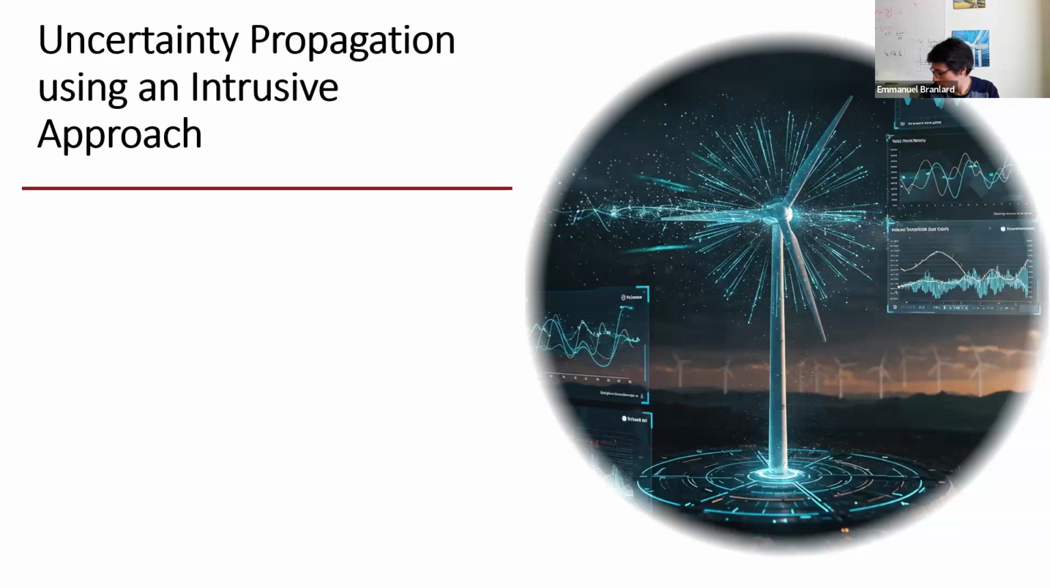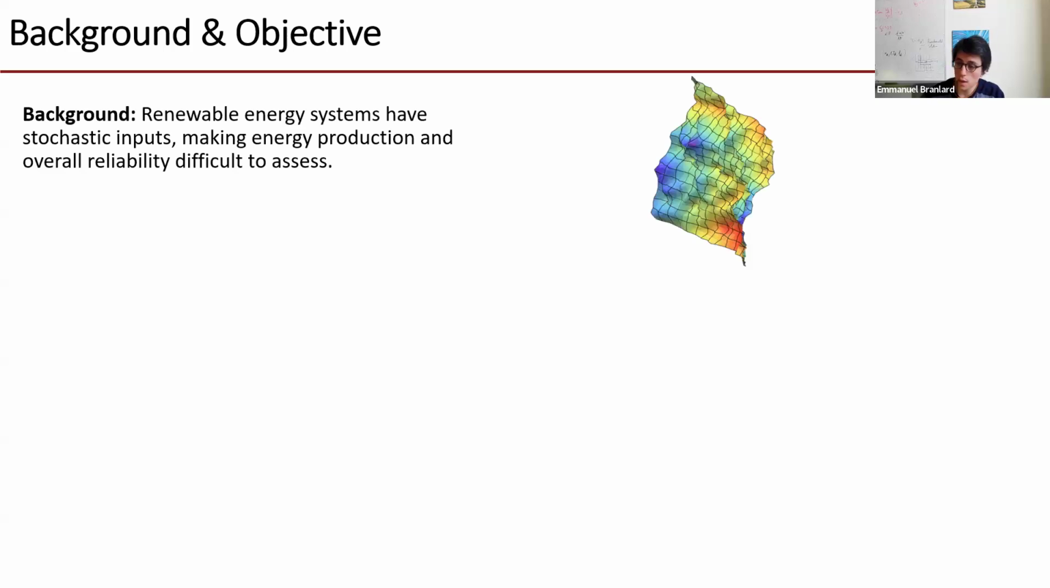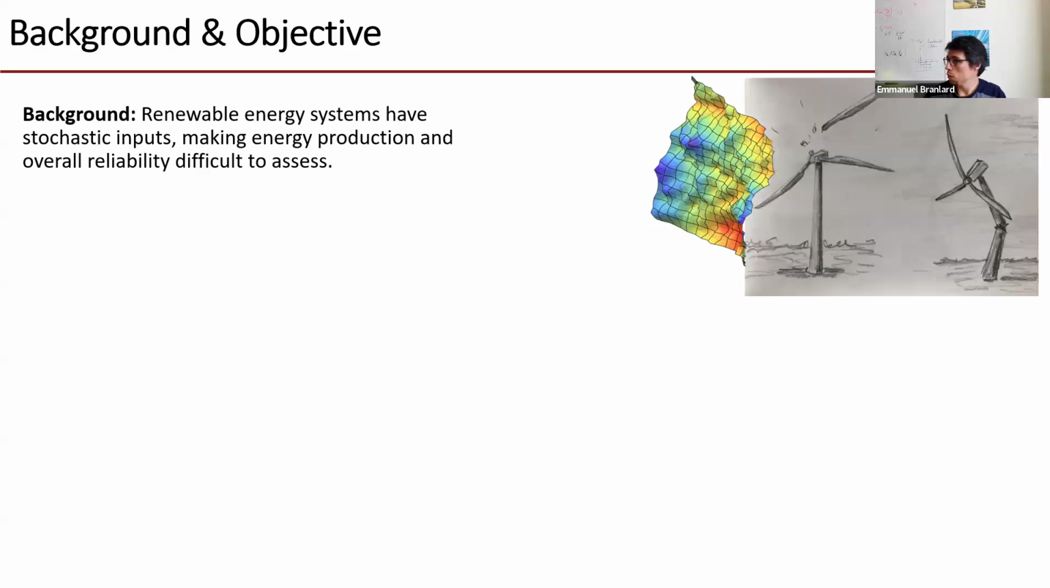I'm going to dive into what the objective was. It's the fact that we deal with renewable energy systems. We have uncertainty on our fuel. The inputs we are dealing with are highly stochastic, which makes the energy production difficult and assessing the reliability also difficult. So for instance, turbulence,